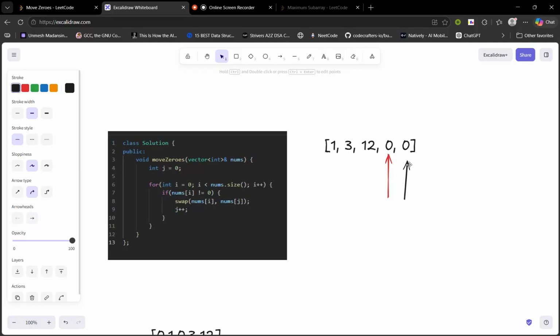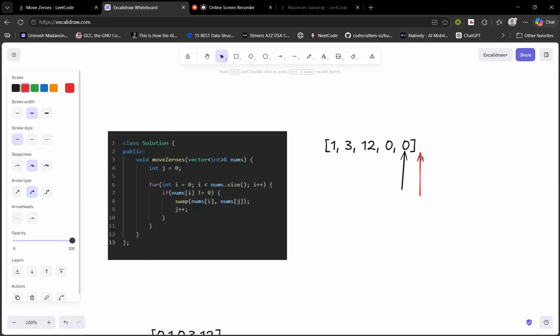And the i pointer is looking for that non-zero number which we have to insert in the jth place,